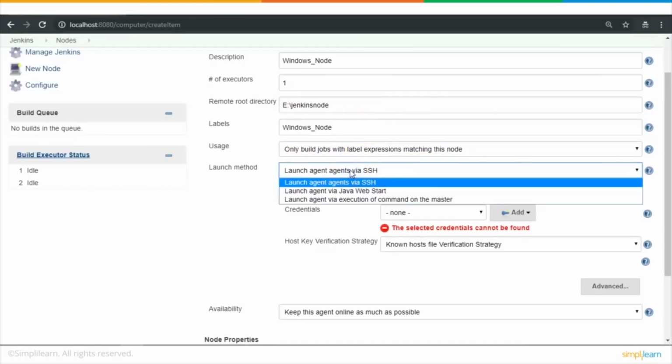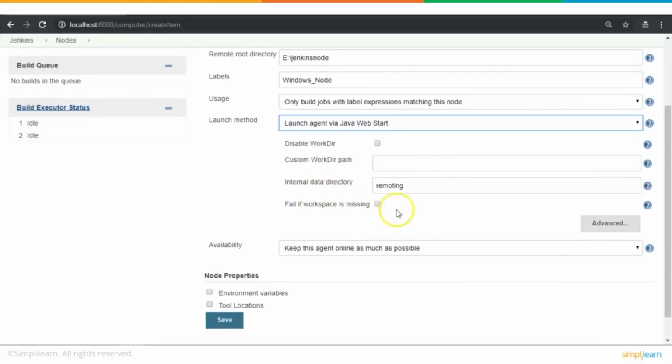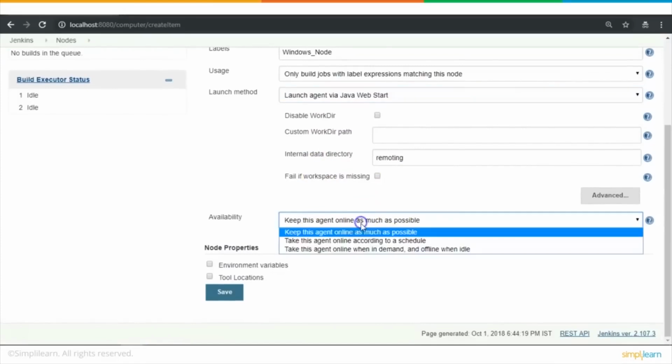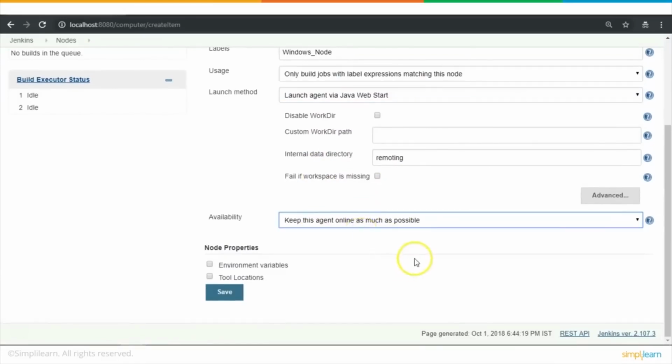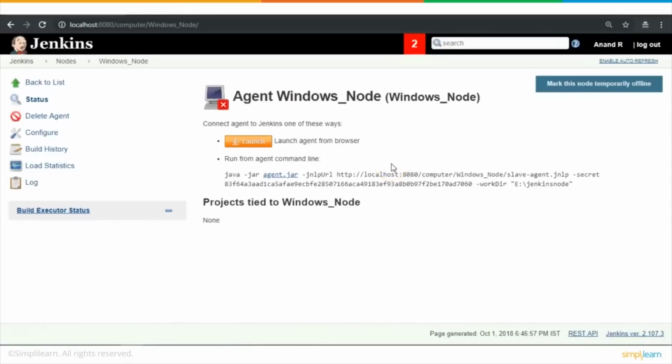All right. So launch method, we will use Java Web Start because we're going to use the JNLP protocol. Okay, that sounds good. Directory, I think nothing else is required. Availability, yes, we'll keep this agent online as much as possible. That sounds good. All right, let me save this. I'm just provisioning this particular node now. If I click on this node, I get a bunch of commands along with an agent.jar. This is the agent.jar that has to be taken to the other machine or the slave node, and from there I need to run this along with a small security credential. So let me copy this whole